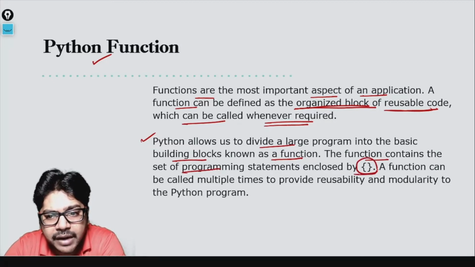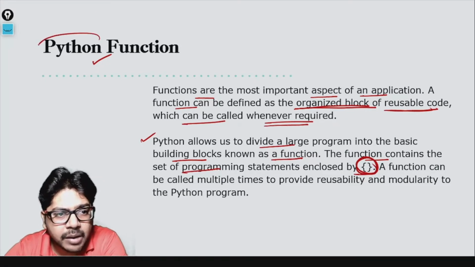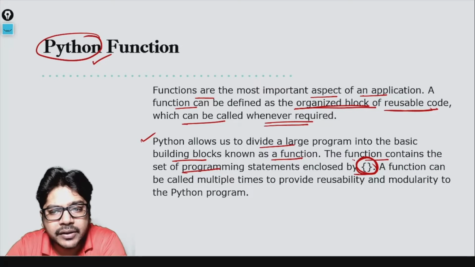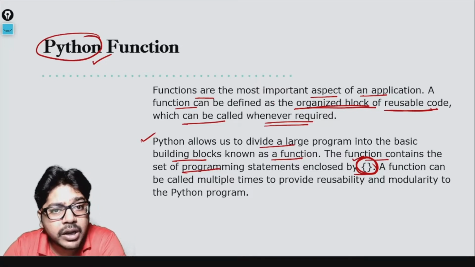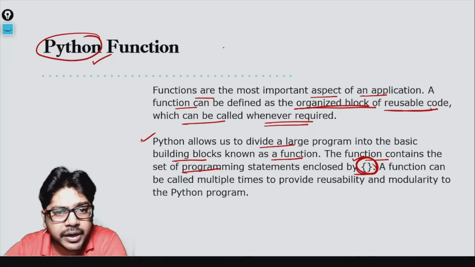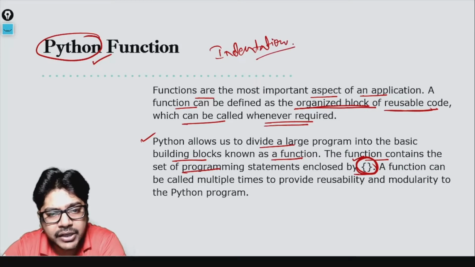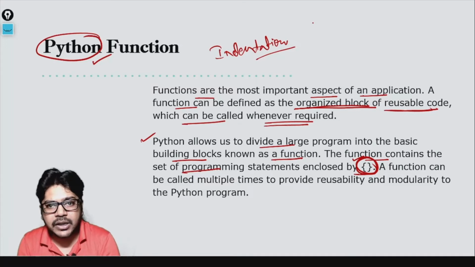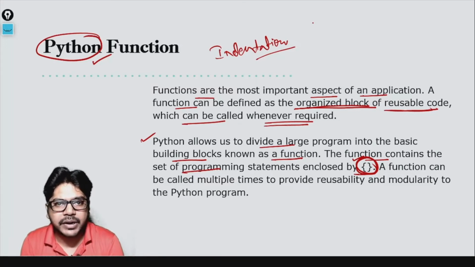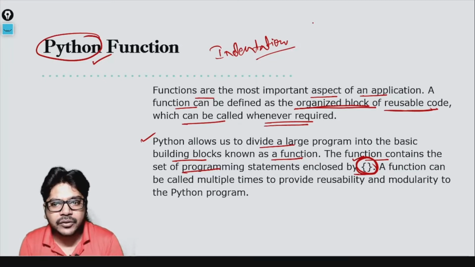Now this curly bracket which I have mentioned over here is not true in case of Python. If I talk about Python in particular, this curly bracket is not required. But in other programming languages, you need this curly bracket. What you need in Python, we will discuss. But you already know about one thing in Python which is called indentation. Indentation is nothing but the spaces that you give to make sure that a particular line belongs to a particular code. A tab space or a certain amount of spaces that you give is called indentation.